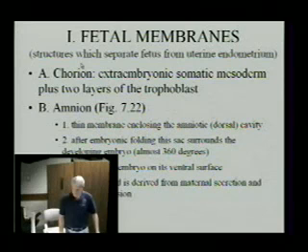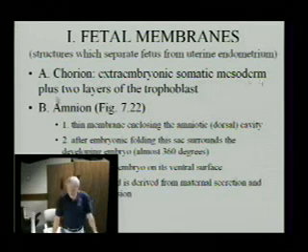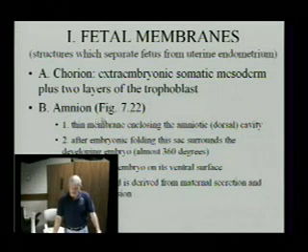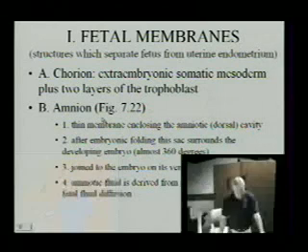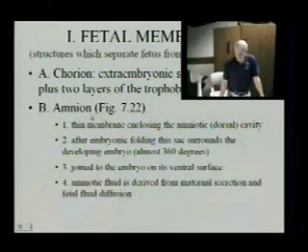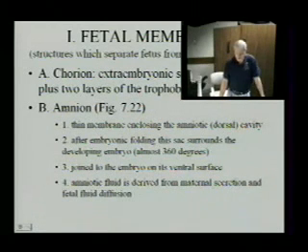structures and their development. So the chorion, we recall, was extraembryonic somatic mesoderm plus 2 layers of the trophoblast, so the cytotrophoblast and the syncytiotrophoblast. The amnion is another fetal membrane, and we followed its development from very early on from the trophoblast layer of the blastocyst, and eventually